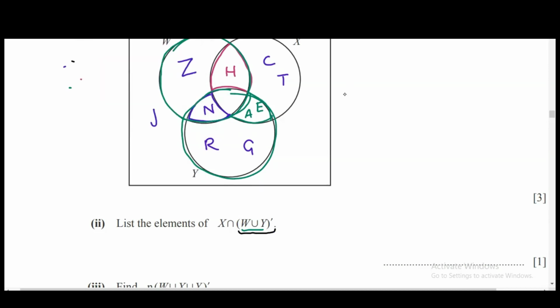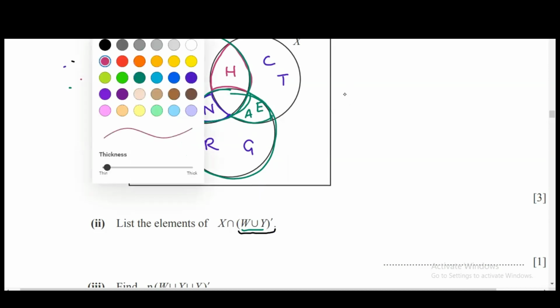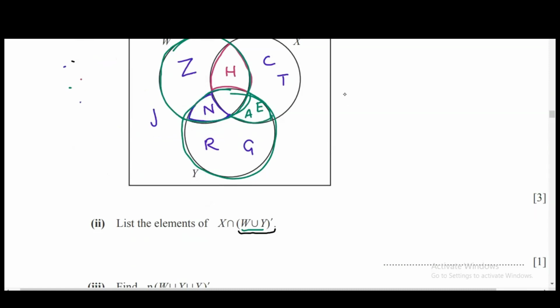And again, I'm going to draw outlines for this. This region is W union Y. So in the W union Y, we have Z, H, N, A, E, N, R, and J, G. So first, these are the W union Y, and W union Y complement means